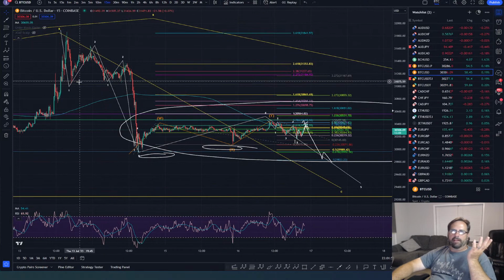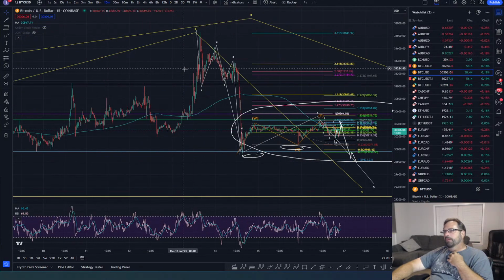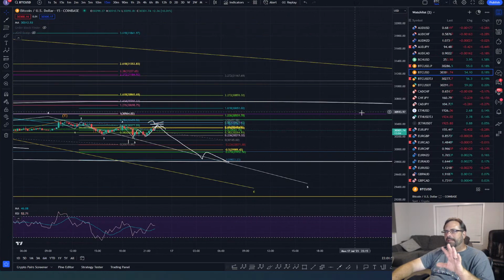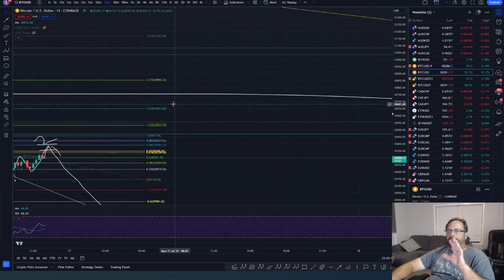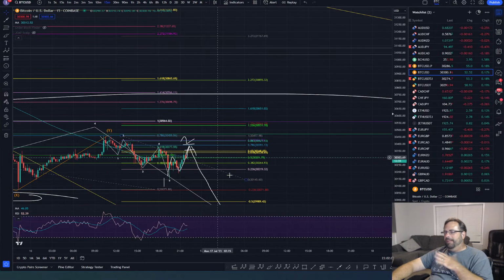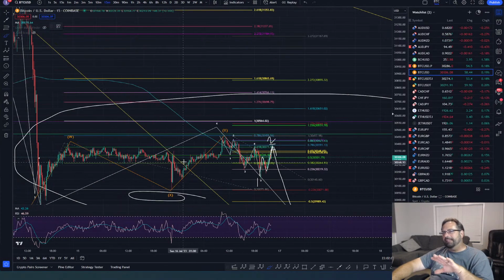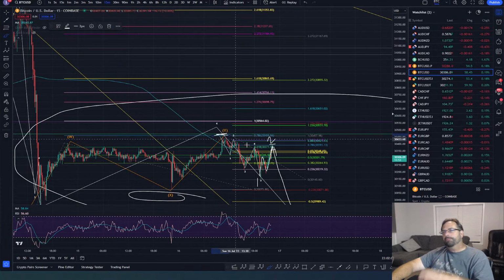The wave 1 looks like 3 waves. Okay. So that is a potential. That's a potential. Now, what would be the invalidation of this count? Well, that's an easy invalidation. If this count gets invalidated, if this high gets broken, this count gets invalidated right there.